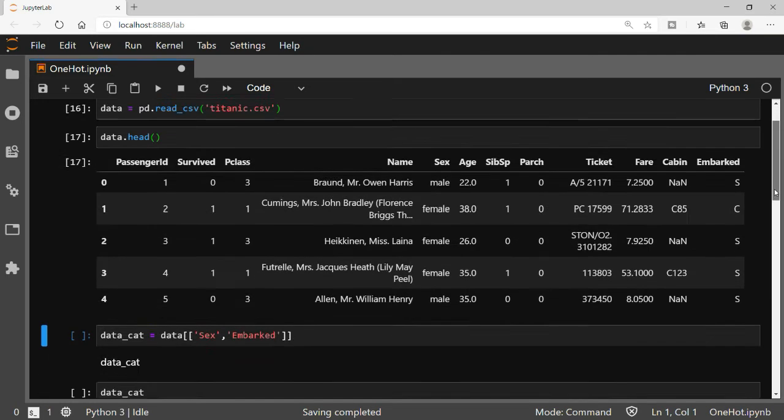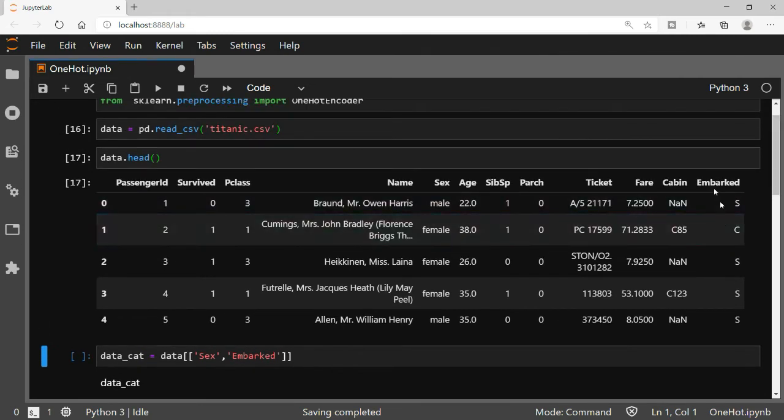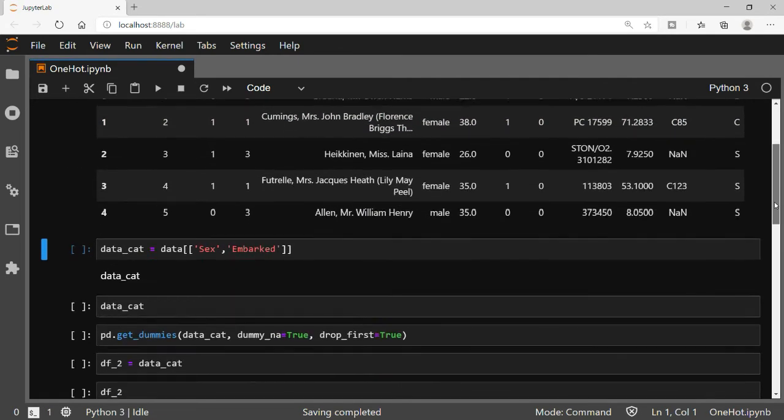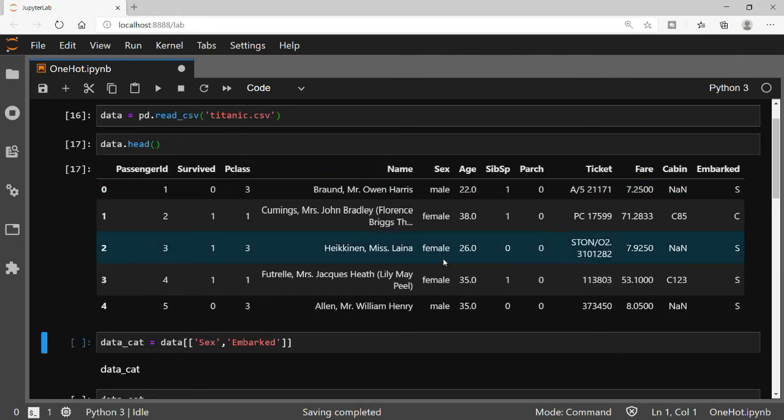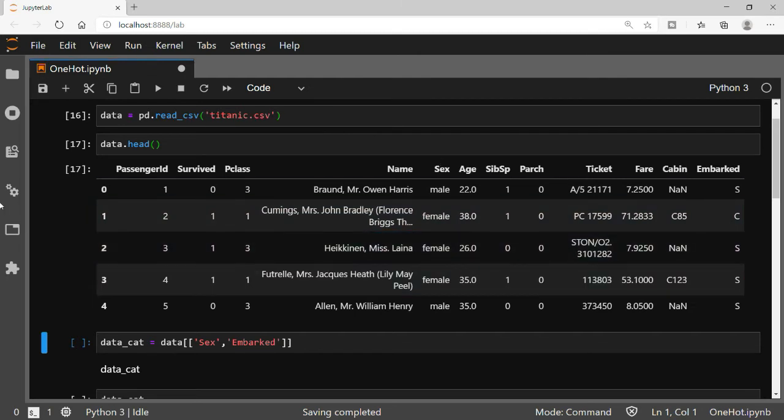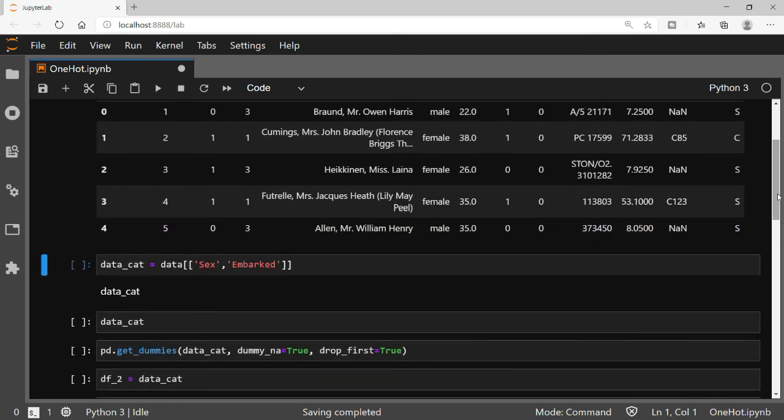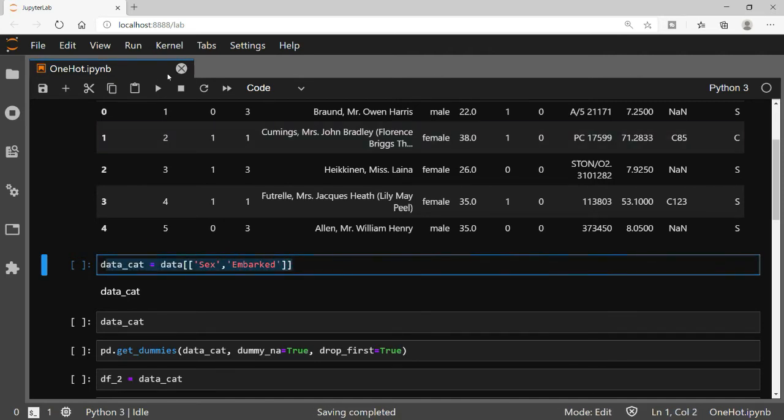You can see that embarked is a categorical variable, and we have multiple categorical variables here. We have gender also. I have decided to take gender as an example also, since I demonstrated it a while ago. So I have decided to choose only the categorical variables. Let me run this.